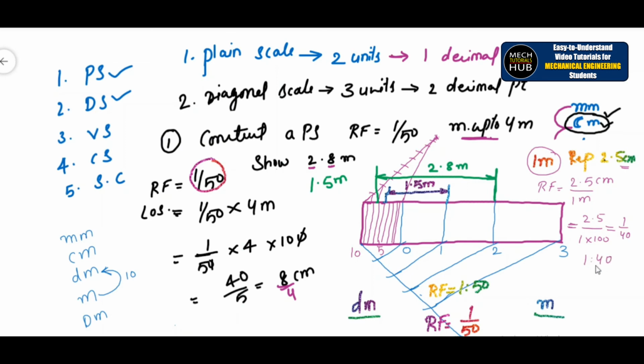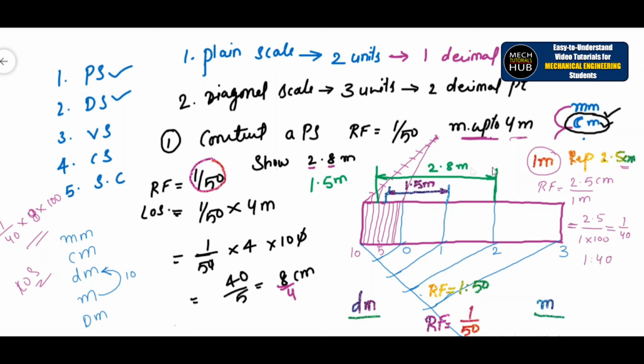Okay, if you could calculate. So by considering this 1/40 multiplied by the measure distance, maybe 4 meters or 6 meters or 8 meters, whatever is given to you, accordingly you can calculate. If I consider that as 8 meters, then 1/40 multiplied by 8. Accordingly you can calculate, get the RF, get the length of scale, and do the calculations. Every other thing becomes so simple.